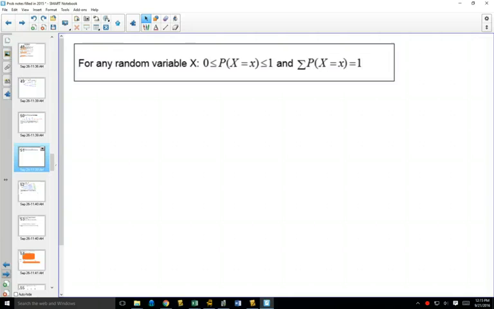So that's what this says right here. For any of the possibilities, the probability of any possibility is somewhere between 0 and 1, or 0% and 100%. And if you add them all up,